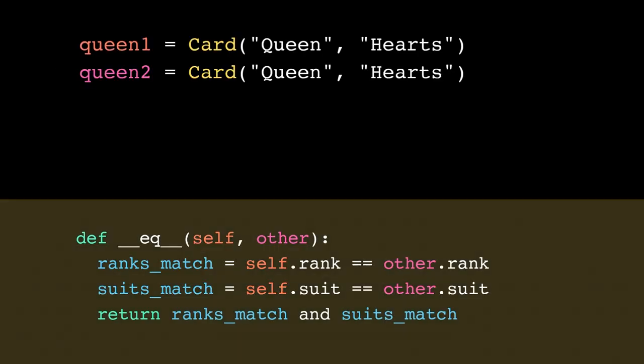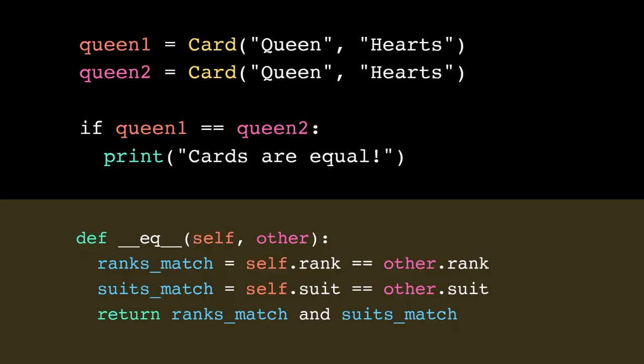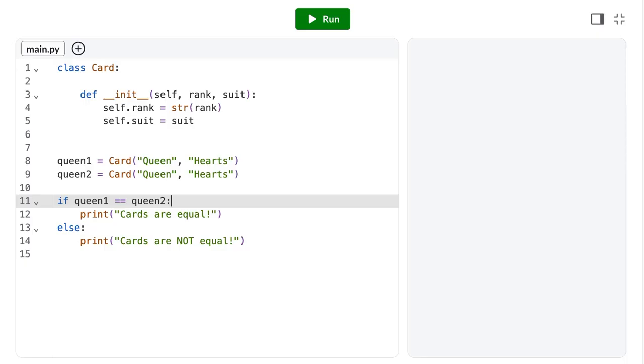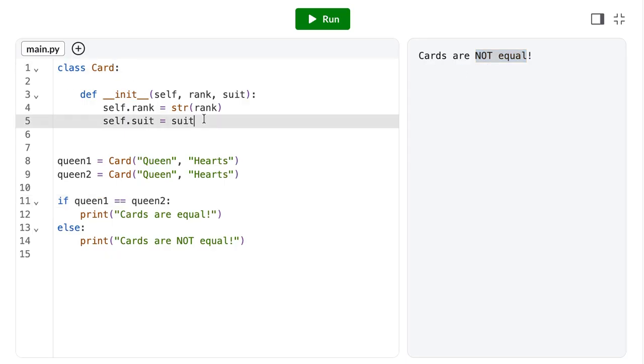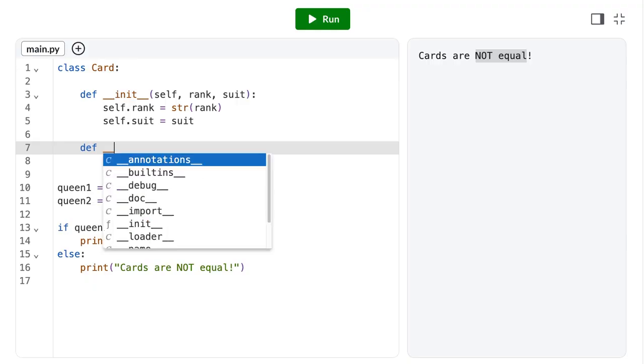Python will automatically execute this __eq__ method anytime we compare a card object, meaning when we use the == operator, passing in that first object for the first parameter, and the second object we're comparing for the second parameter. Let's break this down. Right now, when I compare these two cards, Python says they're not equal. But the behavior I actually want is for Python to consider two cards equal if they have the same rank and the same suit. So I can go to my card class definition and add the special method